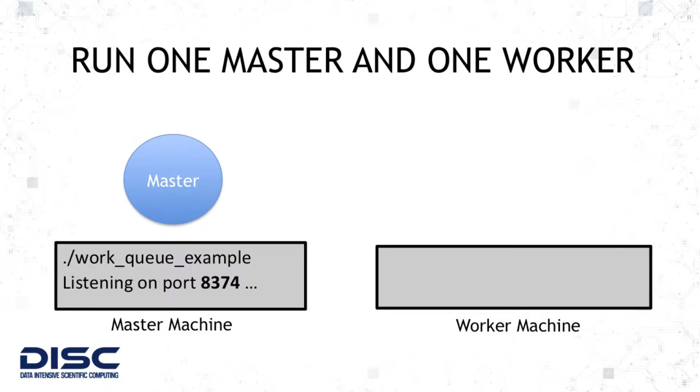Now, if you do nothing else, the master is just going to sit there forever. It's waiting for a worker to help it execute a program. So we'll log into a different machine and start a worker there. We're going to run WorkQ worker, and we have two arguments that we have to pass in. The first is the name of the machine on which the master is running, and the other is the port